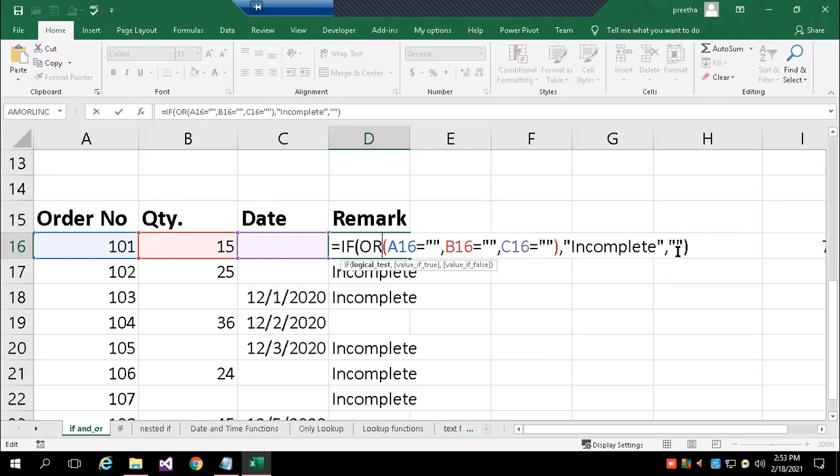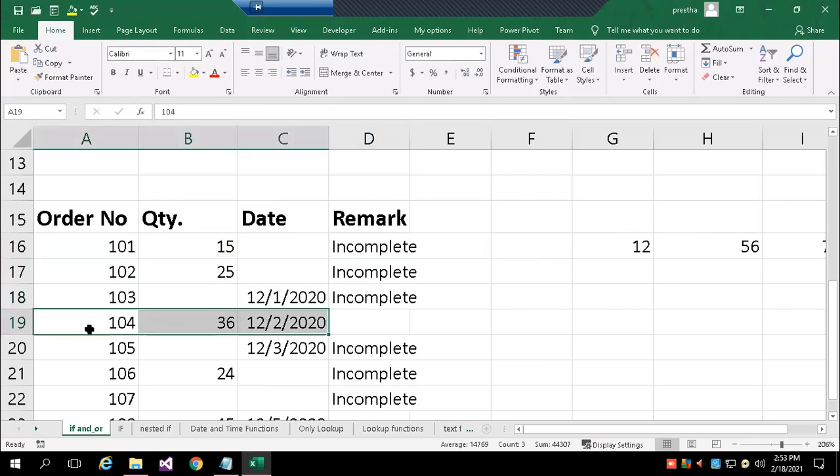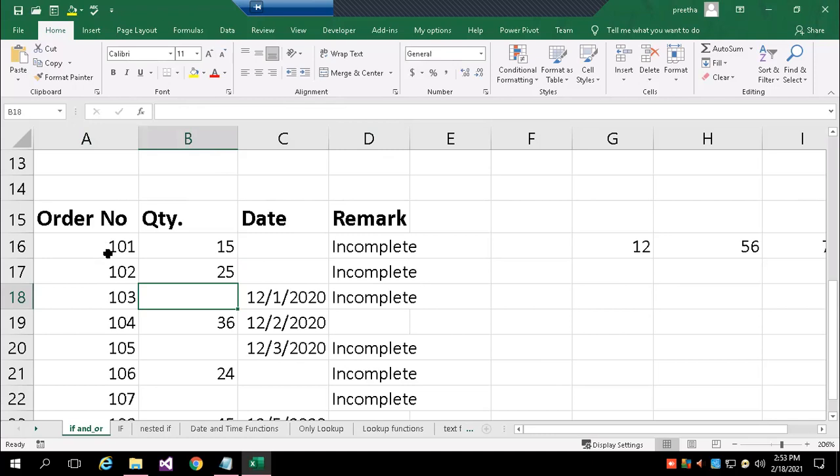Else it could be empty. That means all the column values are filled. Among the three, if all of them are filled, the remark is empty. There is no issue in the transaction. If the date is not mentioned or quantity is not mentioned or the order number is missing, any of the data is missing, then I will write the remark as incomplete status.